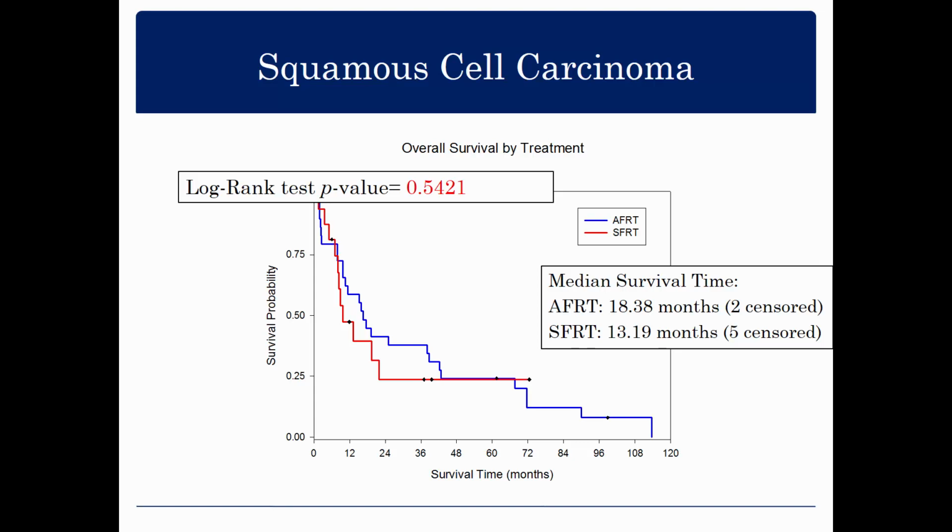The accelerated therapy results in a median survival time of a little over 18 months. The standard results in a median survival time of a little over 13 months, so about a 5-month difference, but no overall survival benefit according to this test. But again, this is an observational study,